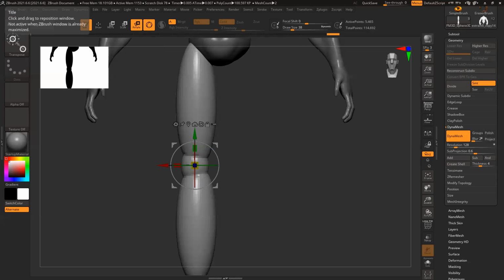Yeah, found it. So here is my leg reference.